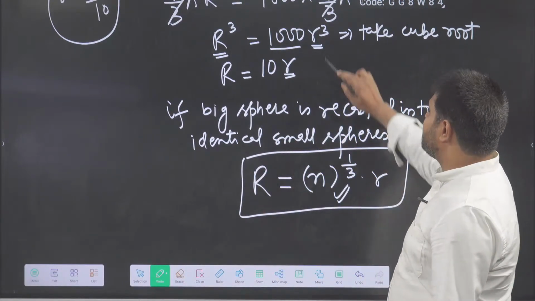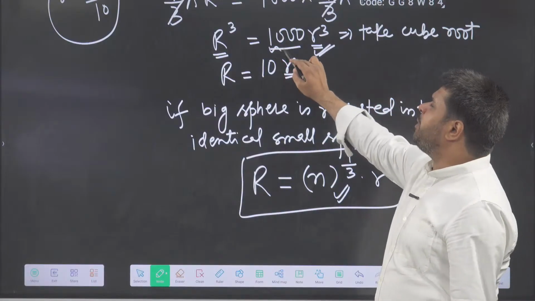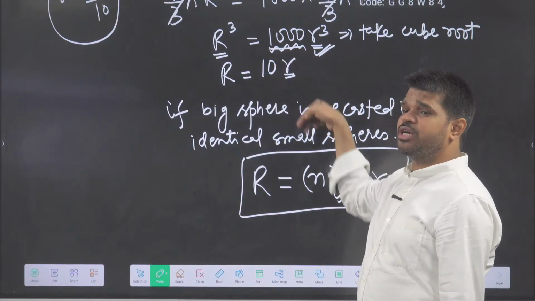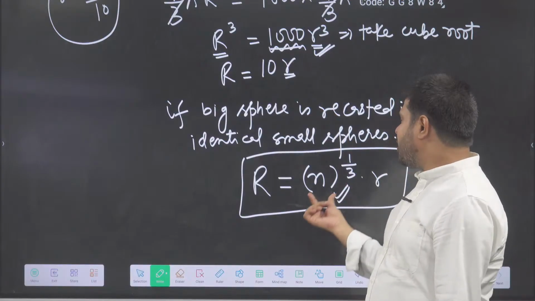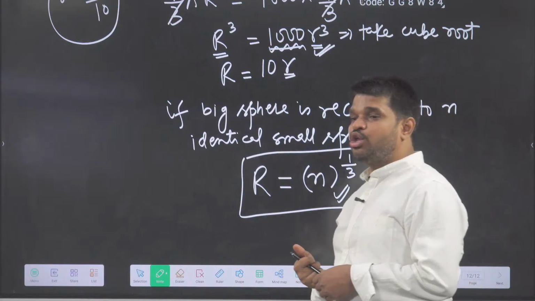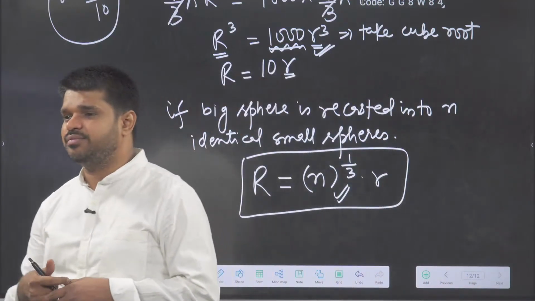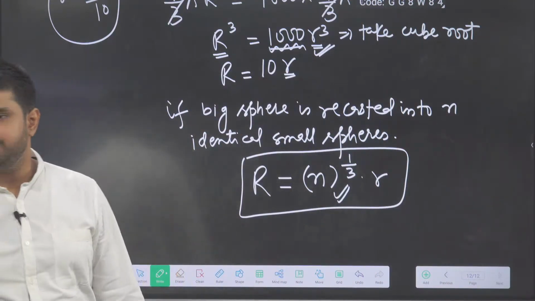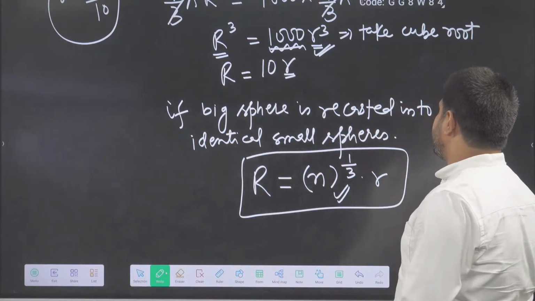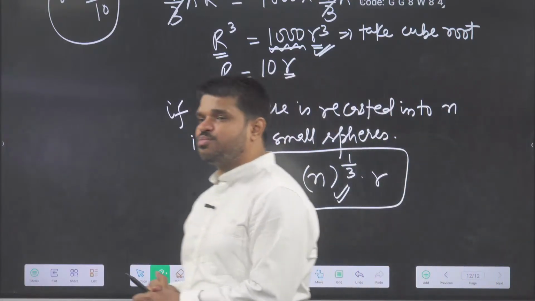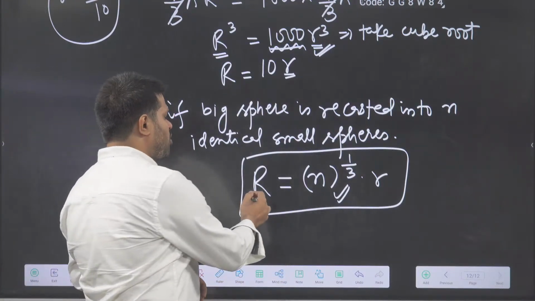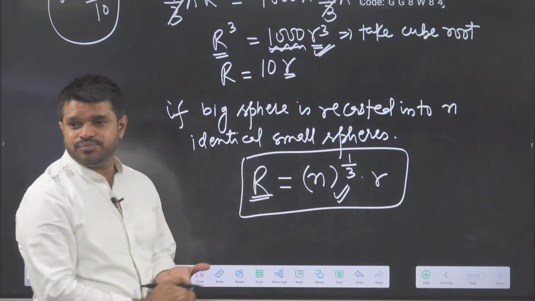This result is coming from this result. In the place of 1000 I am taking n. Cube root of 1000 becomes 10. But n is a general number, so I have written cube root of n. Cube root means power 1/3. Write it. If a big sphere is recasted into n identical small spheres, then radius of big sphere capital R